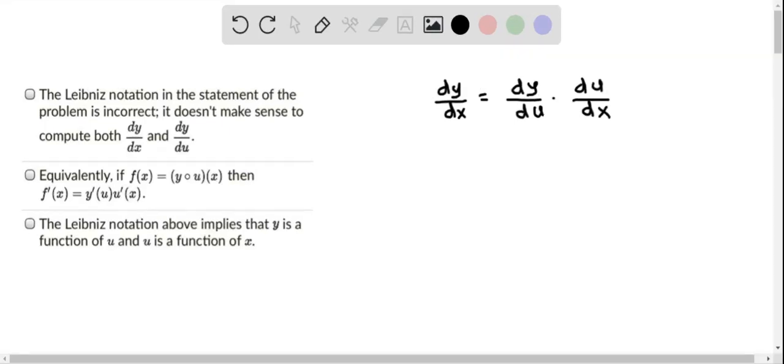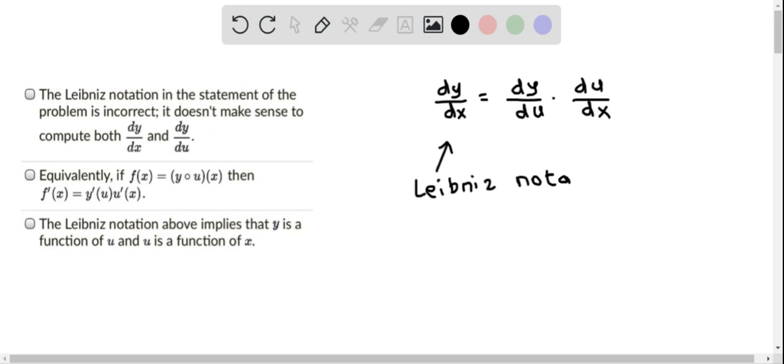We will now determine the true statements out of the given three statements. So let's understand this first statement. Here it is given that Leibniz notation in the statement of the problem is incorrect. It doesn't make sense to compute both dy by dx and dy by du. This statement is incorrect because if you consider this derivative, that is dy by dx equals dy by du times du by dx. Basically, this is the Leibniz notation